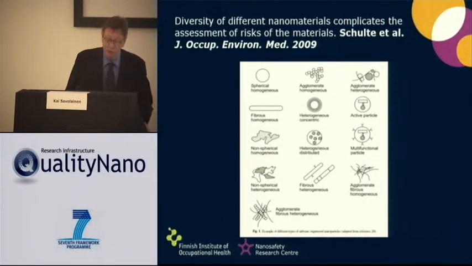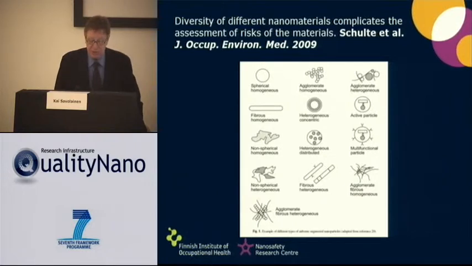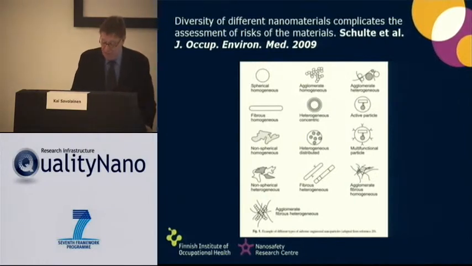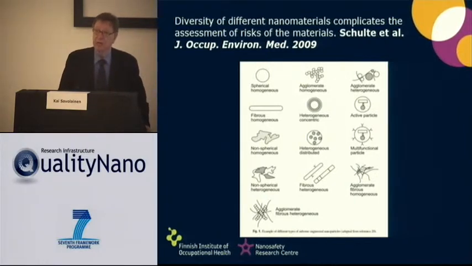This is just to remind you all about the huge diversity of different types of nanomaterials, which clearly is a challenge for risk assessment, risk management, also exposure assessment and hazard assessment of these materials. This cartoon just gives some examples, but there are more than 200,000 different types of engineered nanomaterials synthesized in laboratories, and of those few hundreds of thousands of different materials, maybe less than 200 have some commercial value,